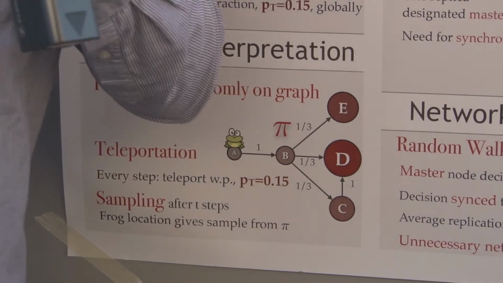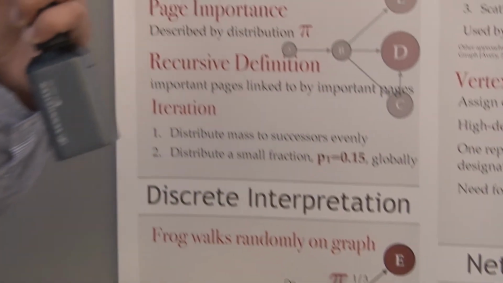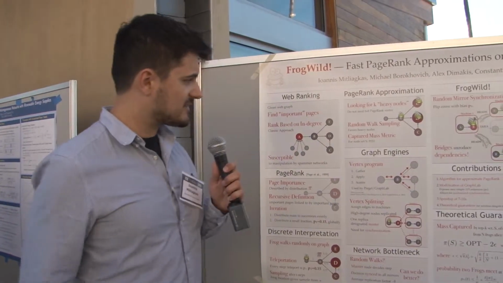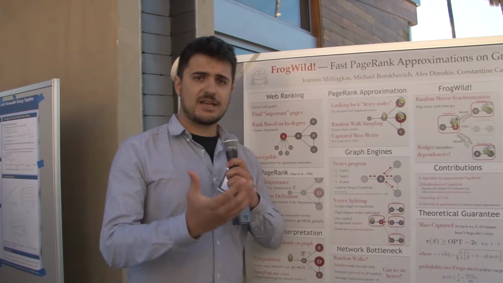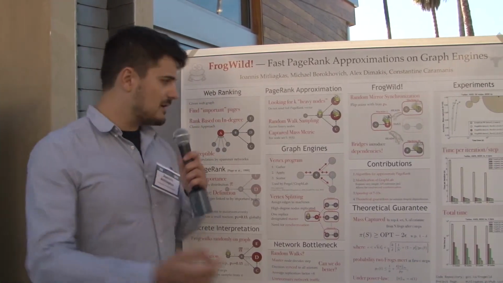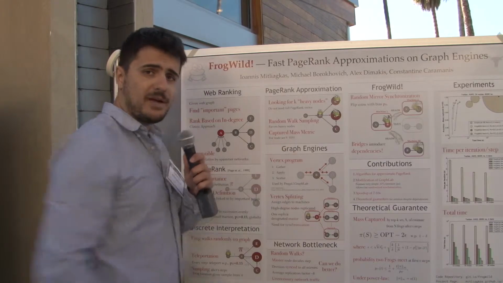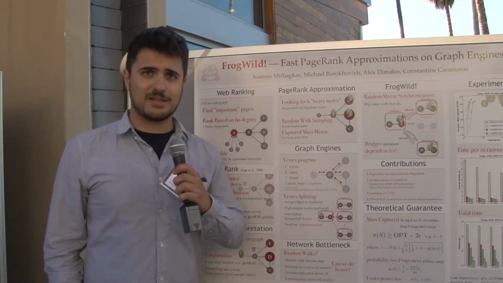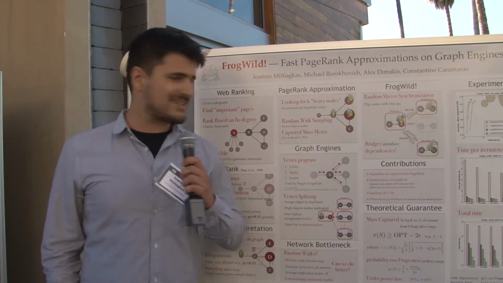What we're looking for is an approximation of the top k mass. So what that means, presume I have a set of k vertices. I will take those vertices, plug them into the true PageRank vector, and that will give me a number. That is the mass for that set of vertices, and I'm trying to maximize it.